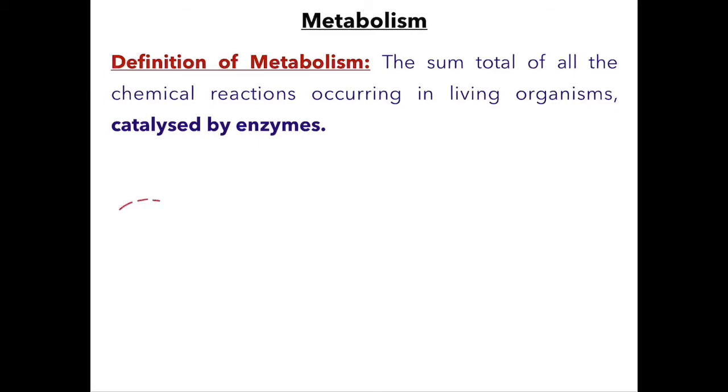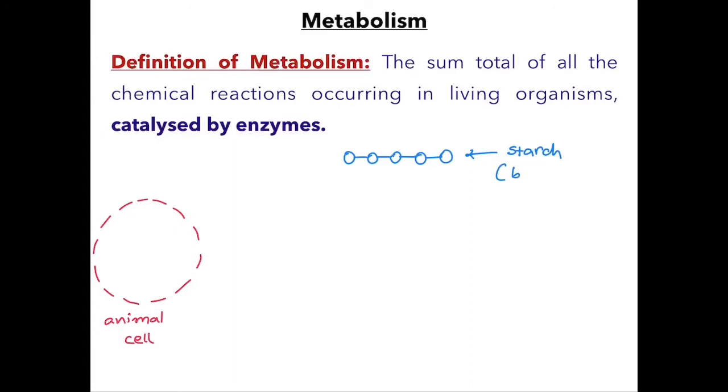Now consider this is the animal cell with the semi-permeable cell membrane. So the dotted line here is showing the semi-permeable cell membrane of the animal cell. Now consider that in the breakfast you had a sandwich, meaning it is made up of bread, and we know that bread is made up of starch. So this is the larger molecule of the starch, which is a polysaccharide basically, right? So it is a very bigger molecule.